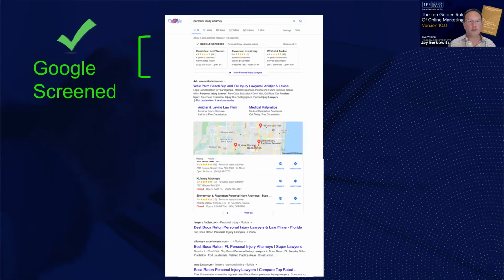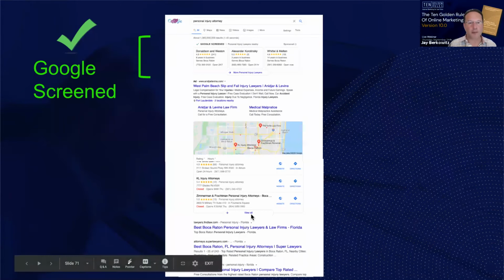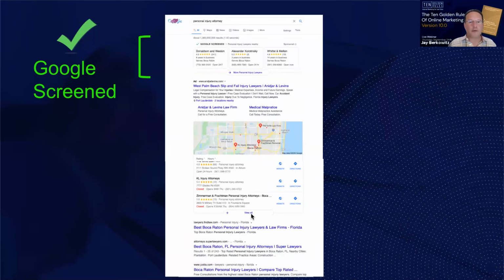So what you need to do to take advantage of this is get screened. Because look, here it is right at the top of a Google search with a check mark saying these companies are screened or approved by Google. And it comes up on top of the ads, on top of the maps, on top of the SEO. So why am I so excited about this? Hopefully you can see my excitement through the screen. Because when you capitalize on something new like this,